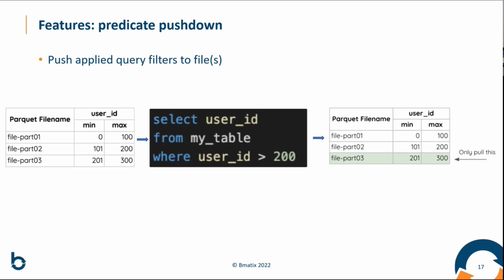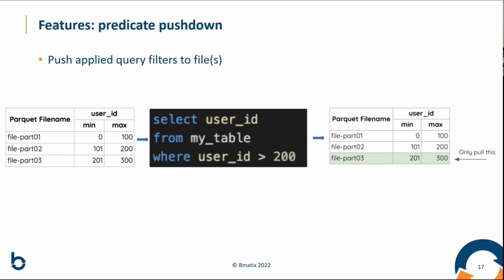And when then the user executes the query that we have here, this very simple query where it wants to filter on only the column user ID where the user ID is bigger than 200. If these statistics are included along with the file format, and the statistics are up to date, of course, the processing framework, like Spark or Synapse serverless tools, will be able to look at the metadata